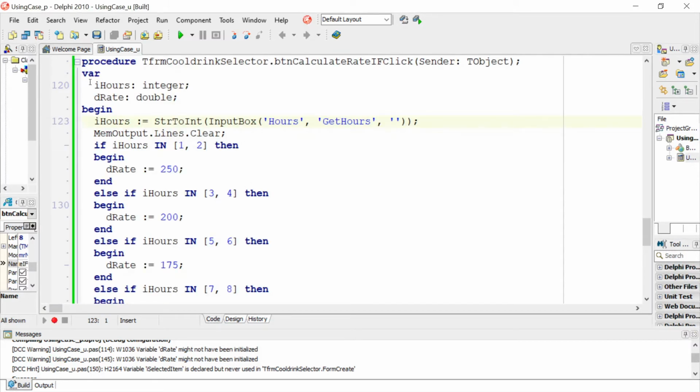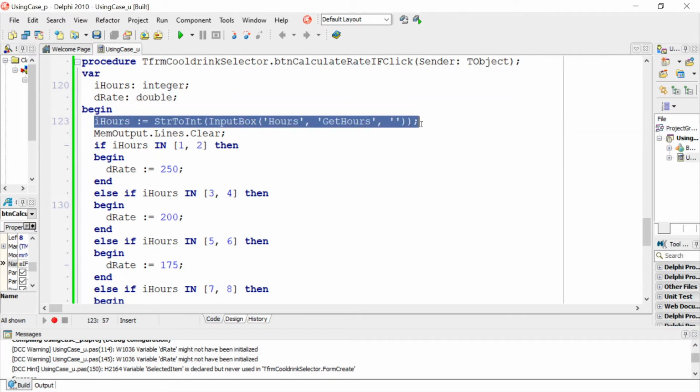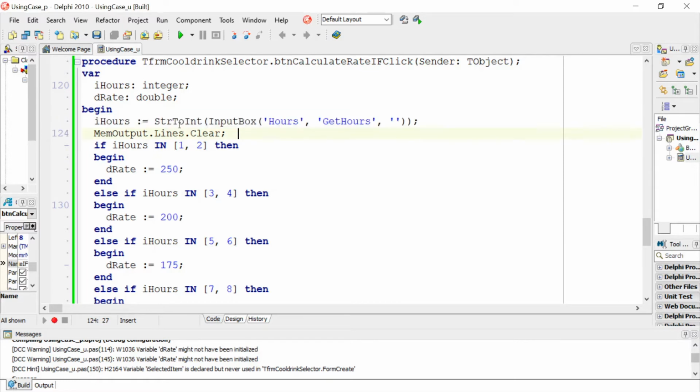Okay, so I created a variable called I_hours, which is of data type integer, and I've created a variable for the rate, which is of data type double. I then entered the number of hours using an input box. Note when you use an input box, it enters a value as string, and you've got to convert it using string to int. Okay, I then cleared my memo,